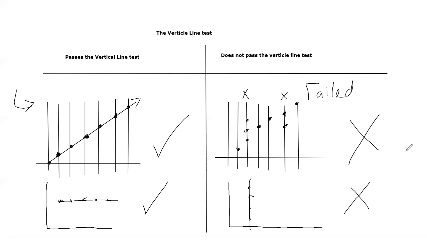the vertical line test, let's see, let's give these numbers. 1, 2, 3, 4, 5, 6. The x's don't repeat. This x is a 1, this x is a 2, this x is a 3, this x is a 4. I don't have two dots on the same x value. I also don't have two dots on the same y value, right? But know that that's not necessarily a deal breaker, right? If I have something like this,